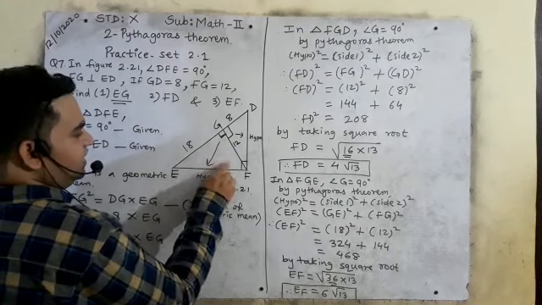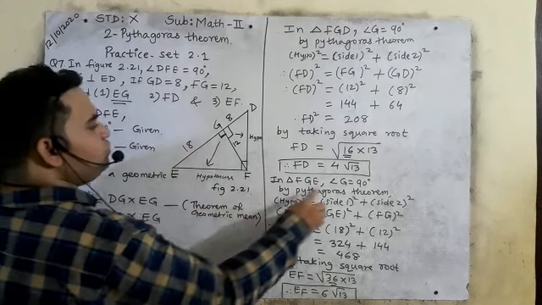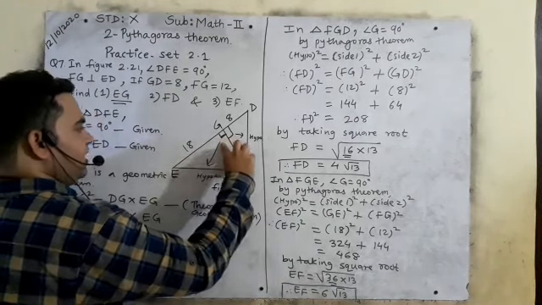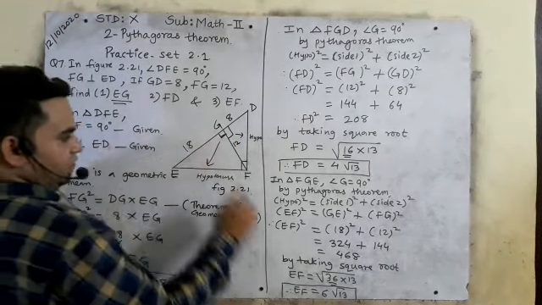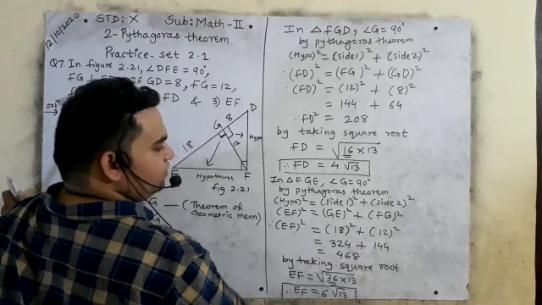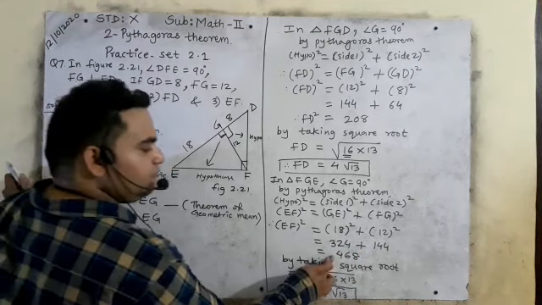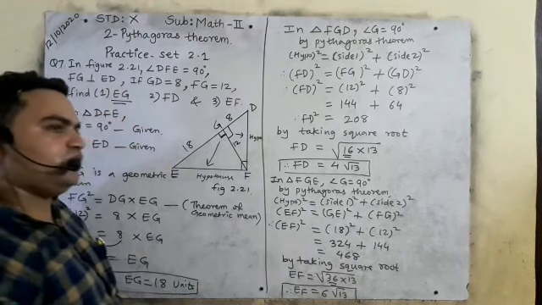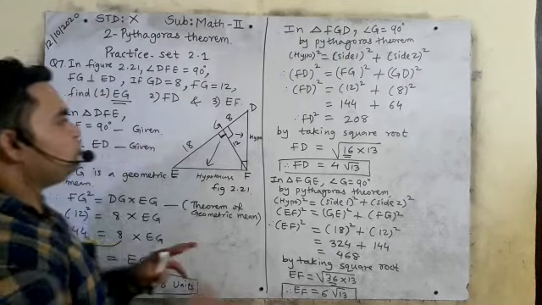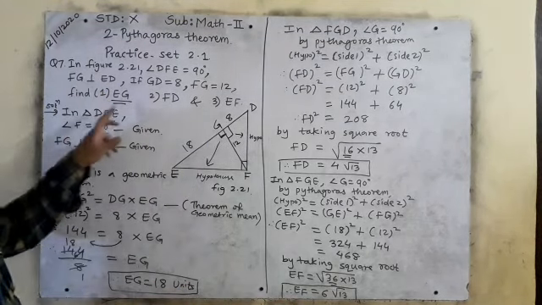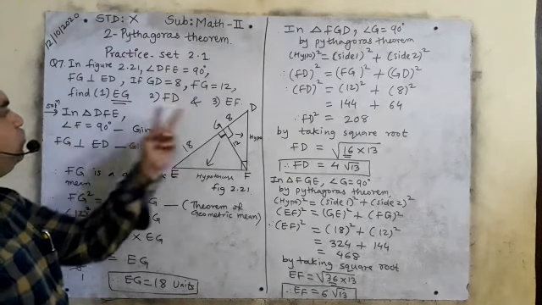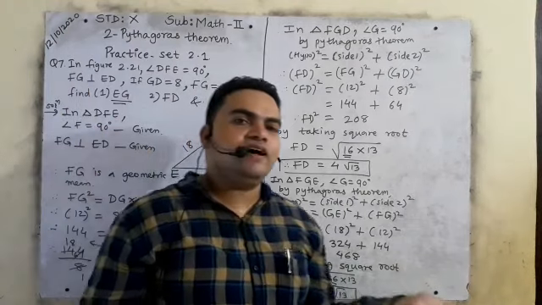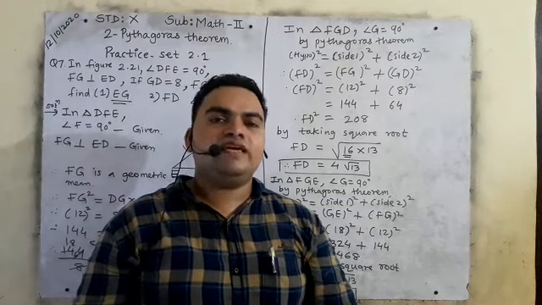Now you can utilize the triangle FGE. G is 90 degrees, and the opposite side of 90 degrees is the hypotenuse. So EF square is equal to side 1 square plus side 2 square, 18 square and 12 square. 324 plus 144 is 468. We simplify 468: 36 times 13 is 468, and 36 is the perfect square of 6, so 6 root 13. This question is very important for your exam. Three things we have to find: in two of them we use Pythagoras theorem, and in the other we use geometric mean. This is how we solve question number 7. Thank you so much and best of luck.